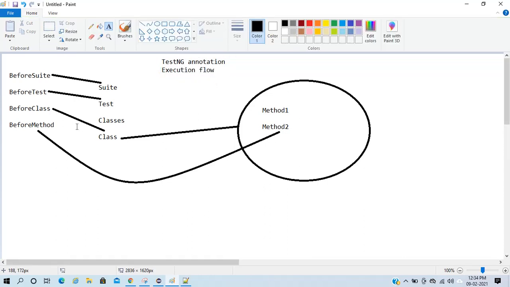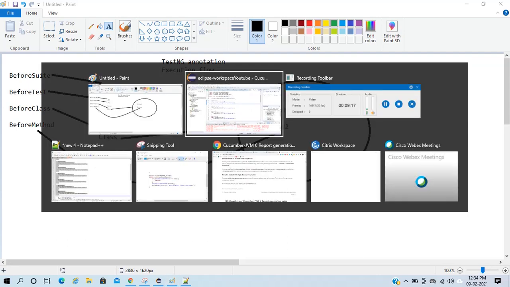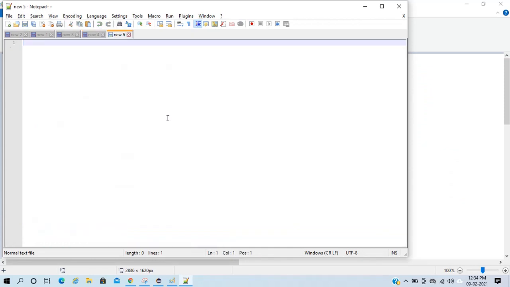Okay, I will repeat once again. So in a suit file we have suit, test, classes, and class. So my before suit will go before executing.